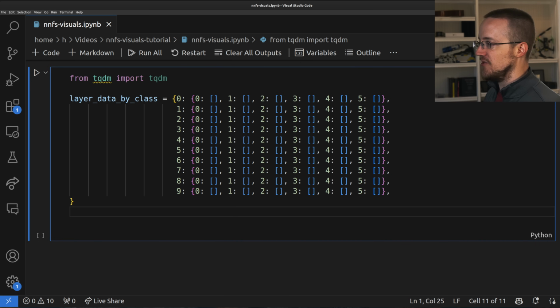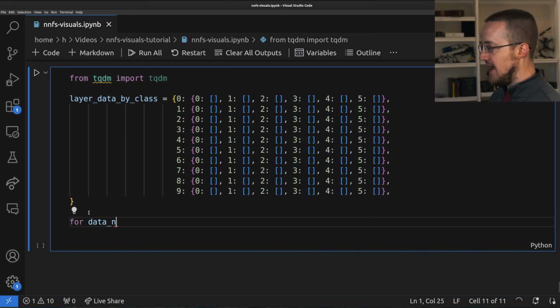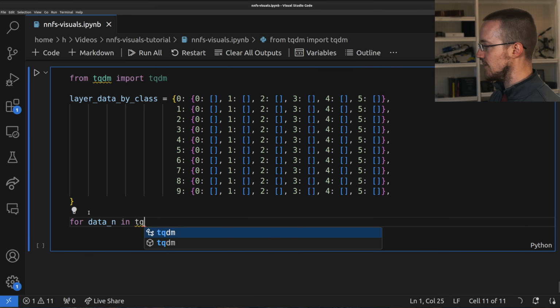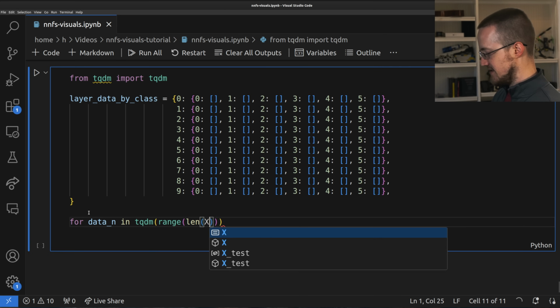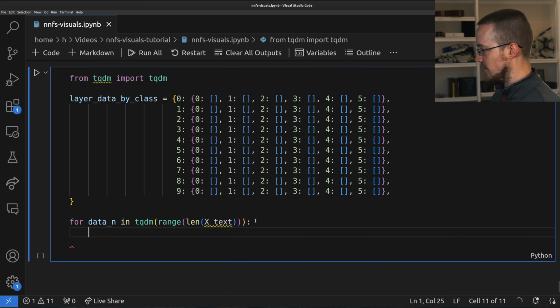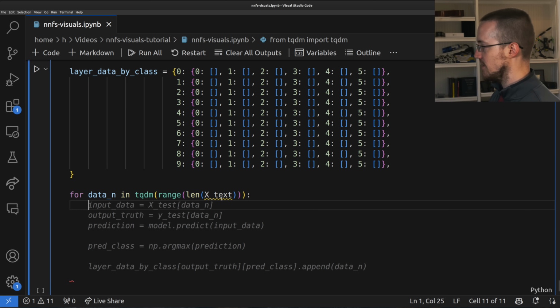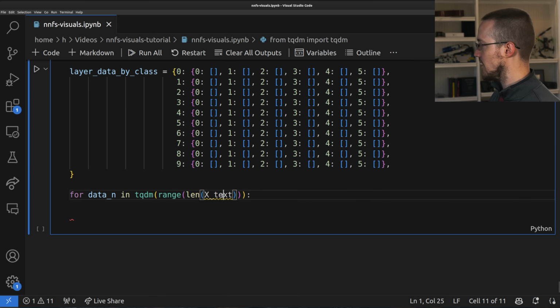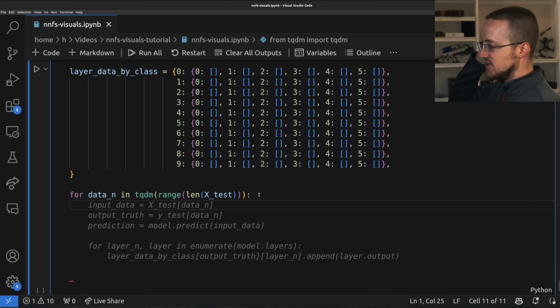Okay, so now we want to run through all of our testing data and start populating that dictionary. So for data n, so data number, in tqdm, range, len, x test. Why are you so ugly? What happened? Did I screw something up here? Why did I use x test? Oh, text. Okay, so for that data number, we are going to, essentially we want to do,